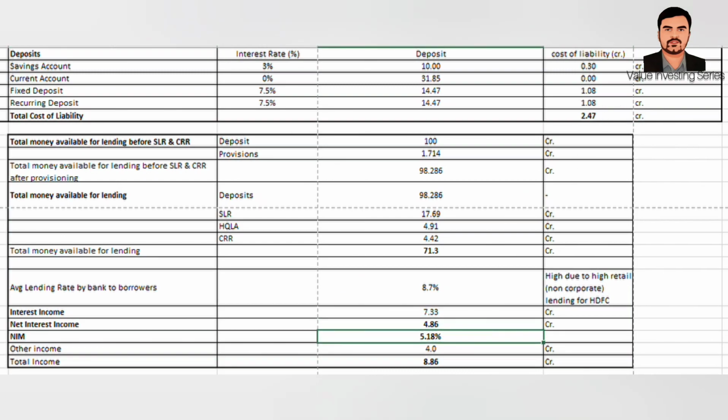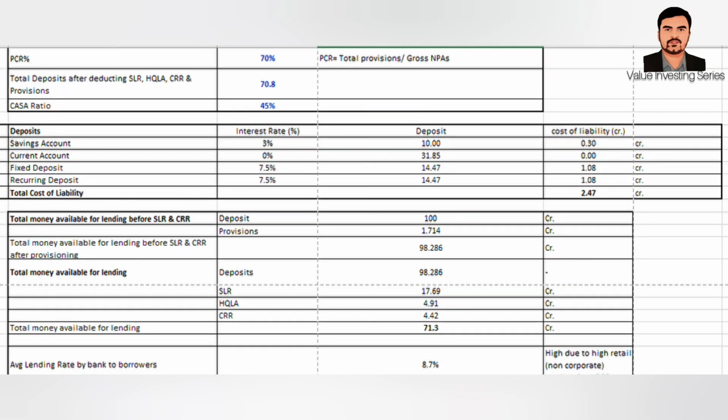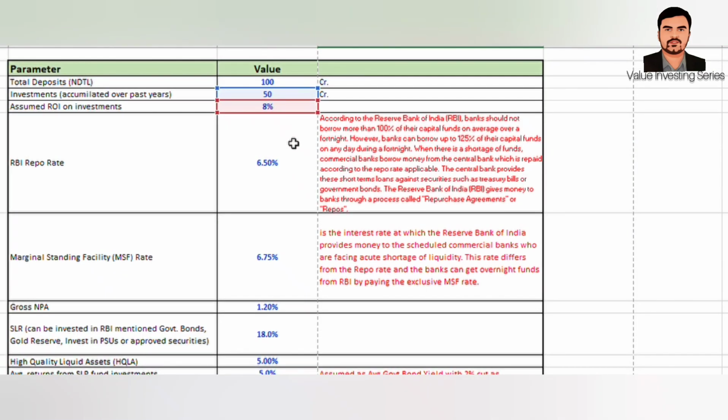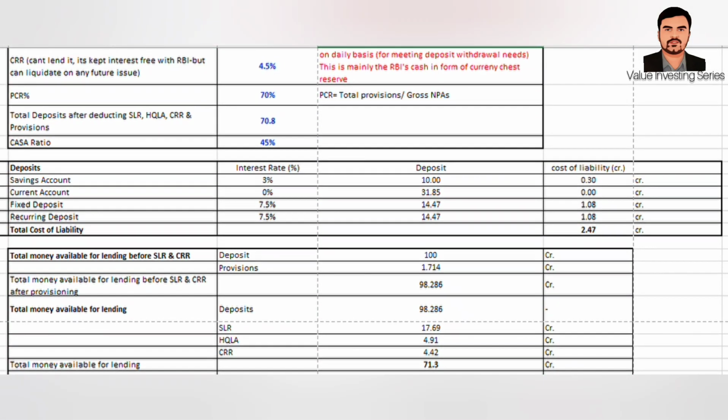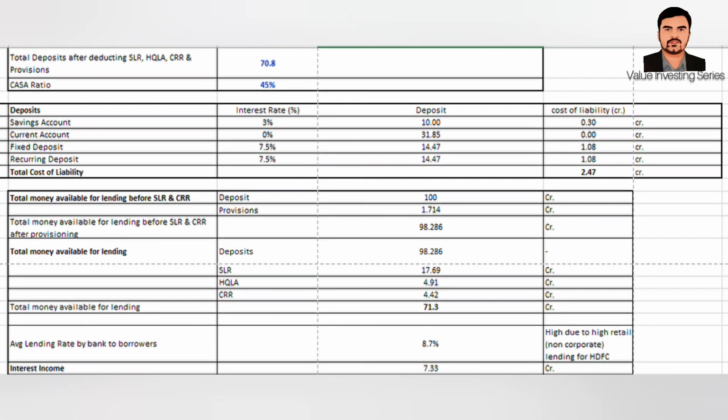So the net interest margin will be nothing but the total net interest income divided by the interest bearing assets. So the equation works out to be 5.18%, which is the net interest margin. Other income, if you see, I have considered the investments. So bank has got investments. I have considered a return on investment of around 8%. So considering 50 crore investments accumulated over a period of time, it is fetching around 4 crore. So 4.86 plus 4 crore is fetching you 8.86, which will be the total income for the